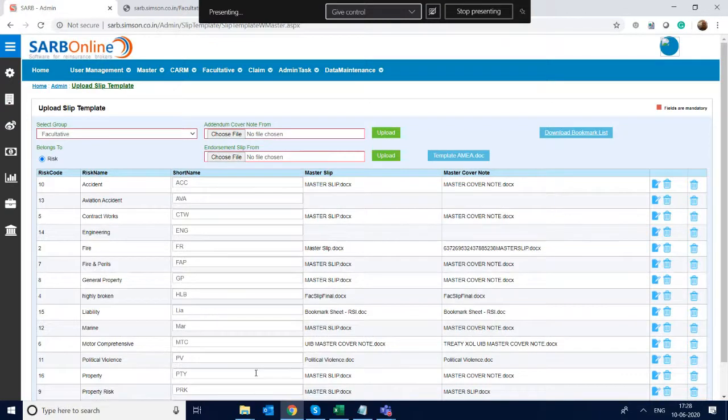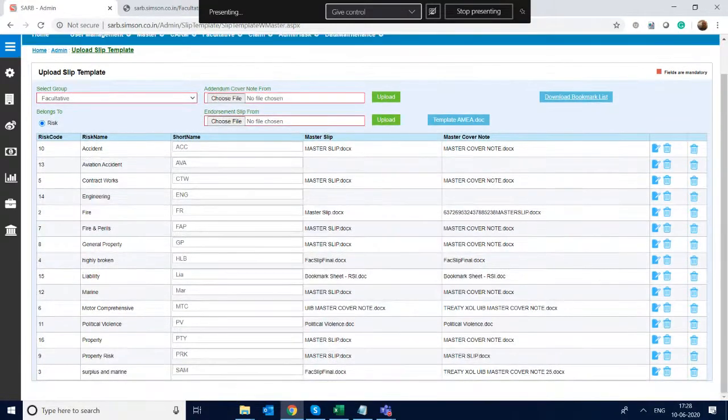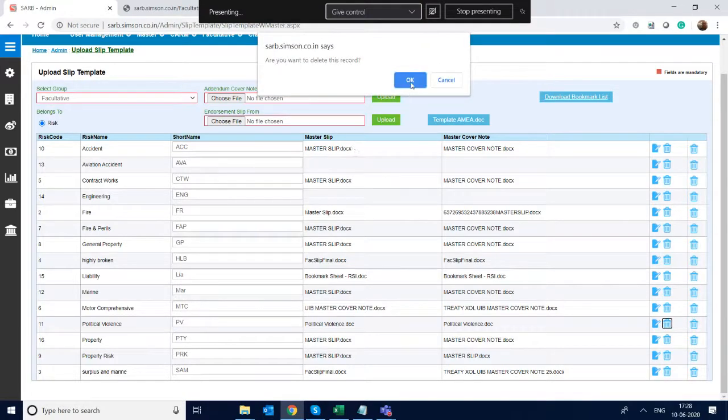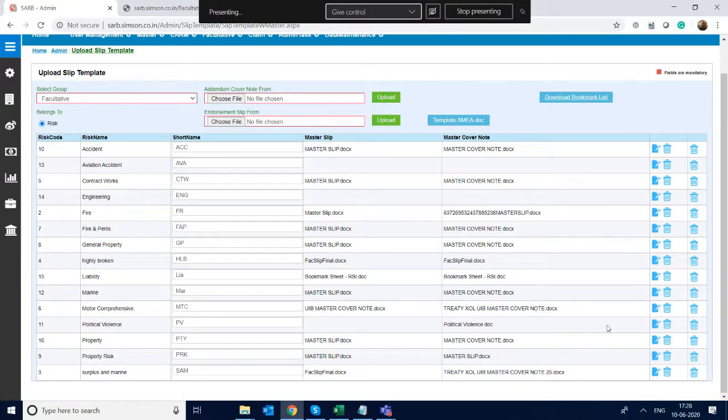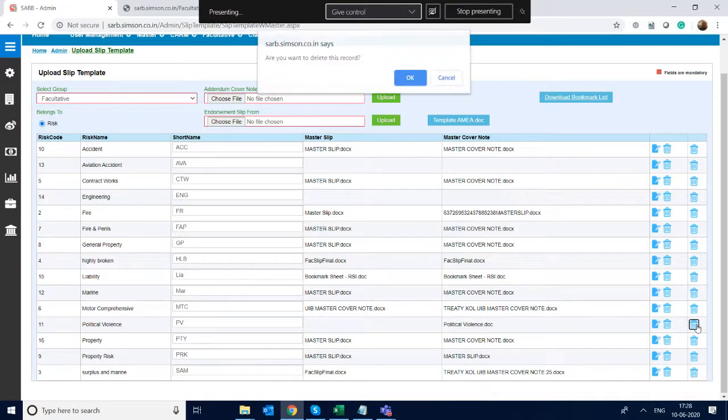So for property, we created a slip and a cover note also. We can delete them and re-upload also if we find some more changes in this. And suppose I delete this one. Okay. And I can delete the cover note also.